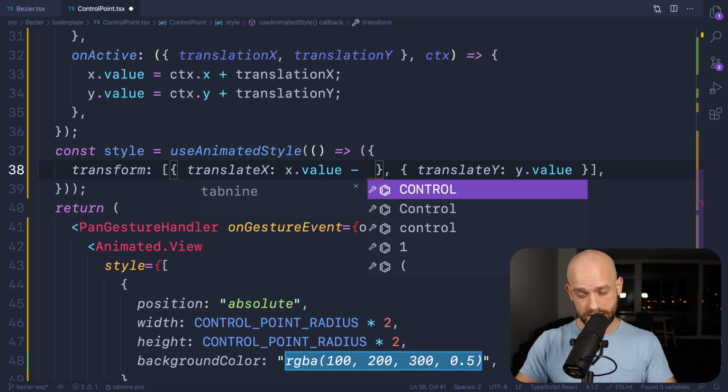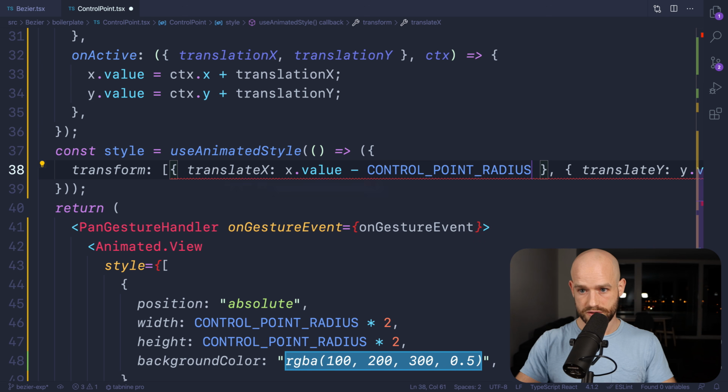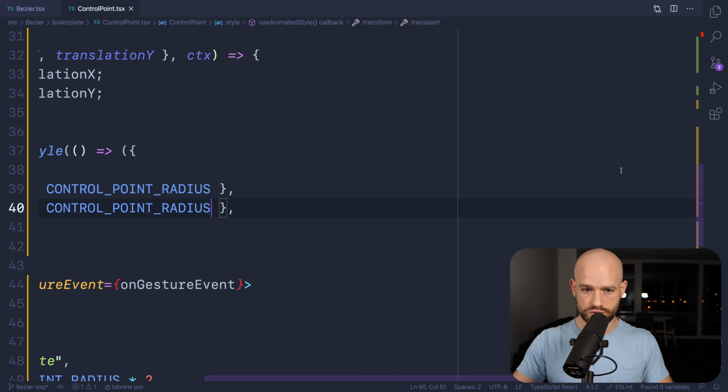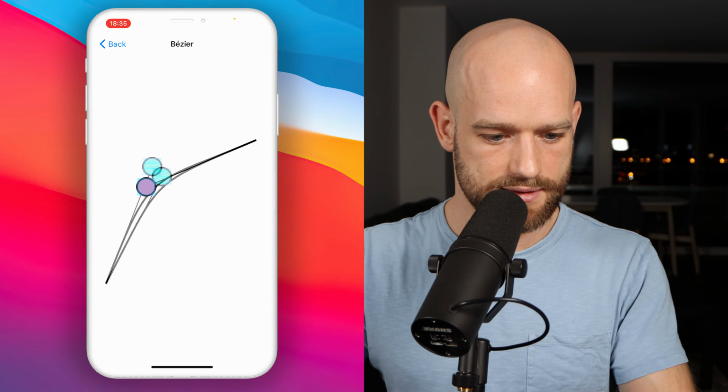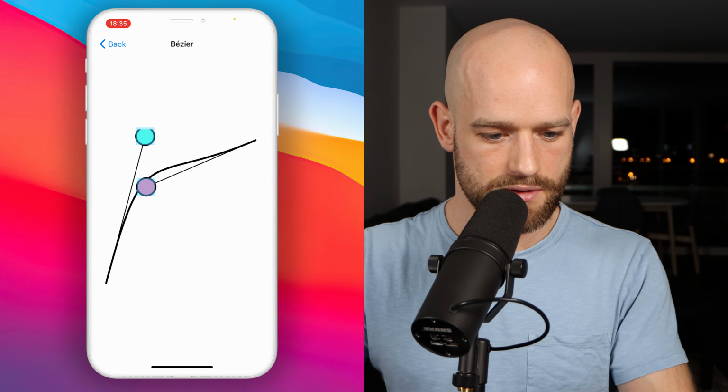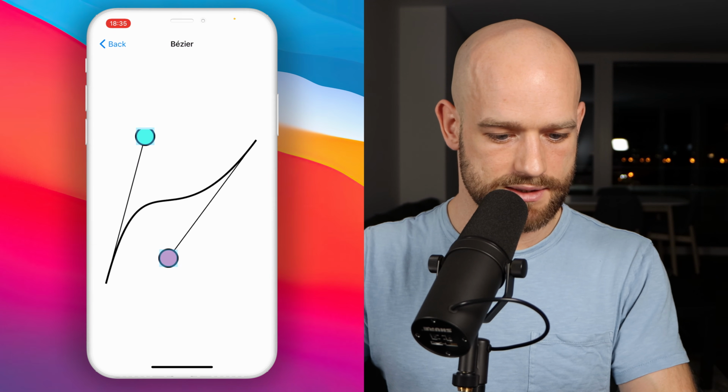Should I remove the control point radius? Up. So it should be perfectly centered. Yes. So now you see they look great. They're perfectly aligned. I can move them around. And I just need to add some